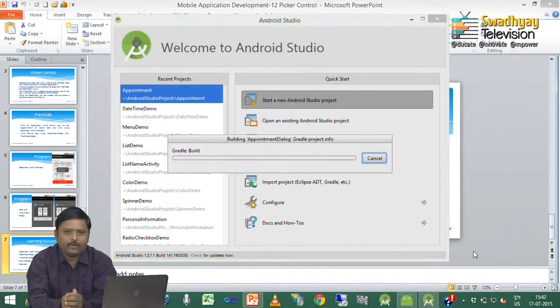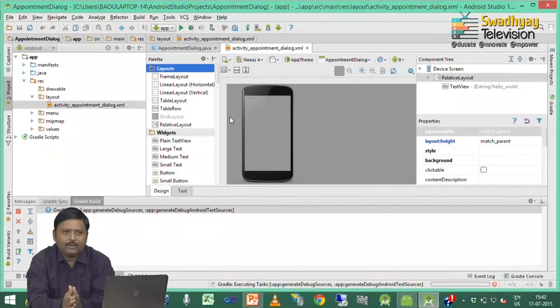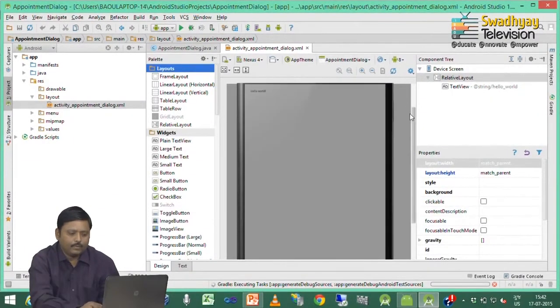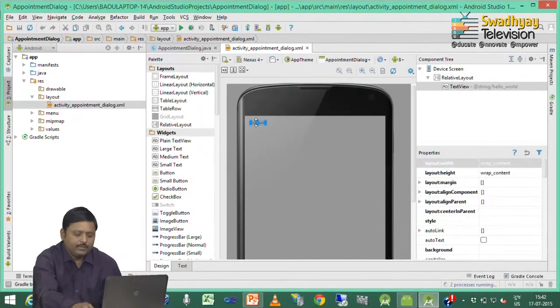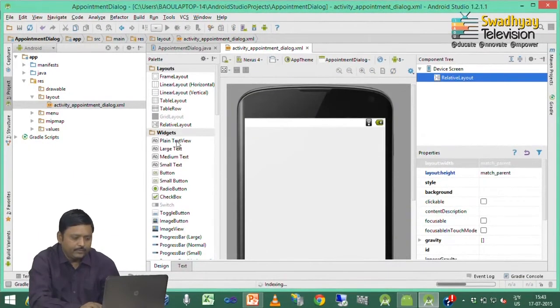So, it will create a project with one Java file and one XML file as usual with the specified name. So, here is our blank layout file in which we are going to put two buttons which activate our date and time picker dialogs. So, I am just deleting this default text view and placing one plain text view.